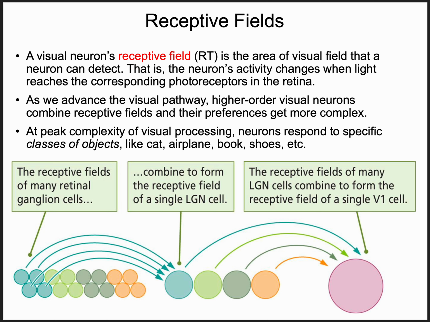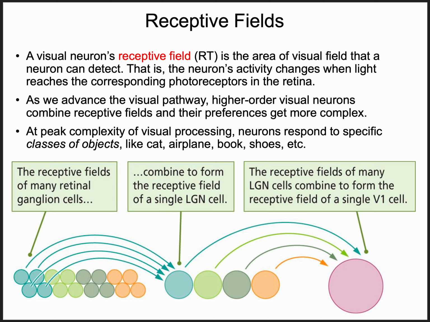Receptive fields. A visual neuron's receptive field, RF, is the area of visual field that a neuron can detect. That is, the neuron's activity changes when light reaches the corresponding photoreceptors in the retina. As we advance the visual pathway, higher-order visual neurons combine receptive fields and their preferences get more complex. At peak complexity of visual processing, neurons respond to specific classes of objects, like cat,